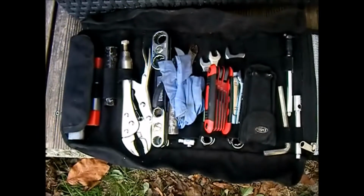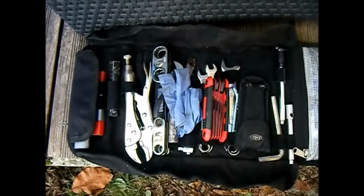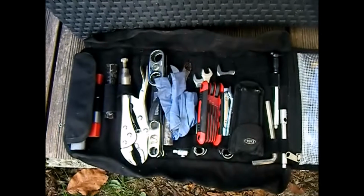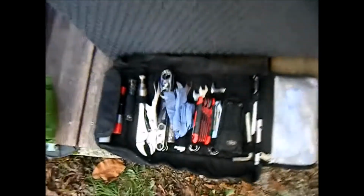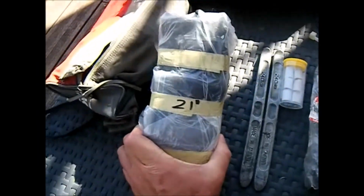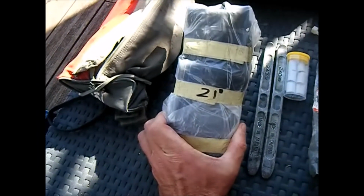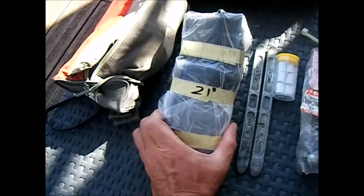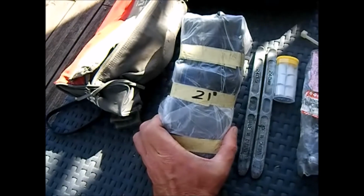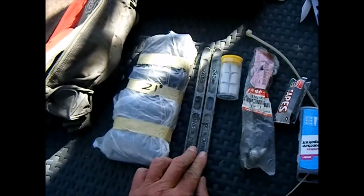Tools, extensive toolkit. It should be enough to do most reasonable jobs on your bike. When I say reasonable, I'm not talking about an engine rebuild. 21-inch front tube, 21-inch will go in an 18-inch rear as well, so you only need to carry the one for emergencies. Tyre levers,